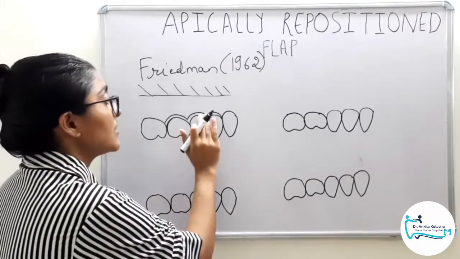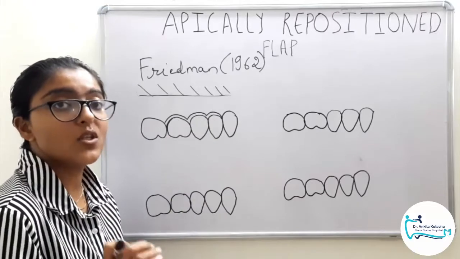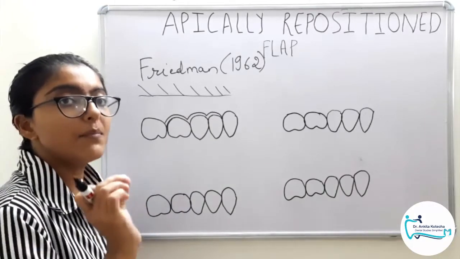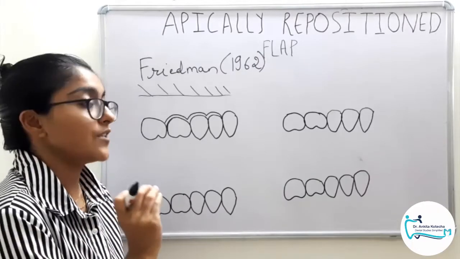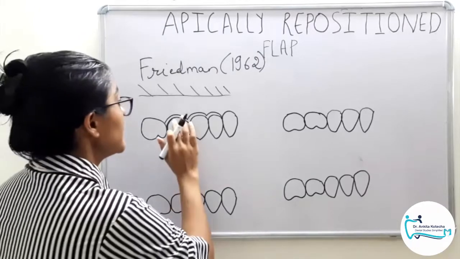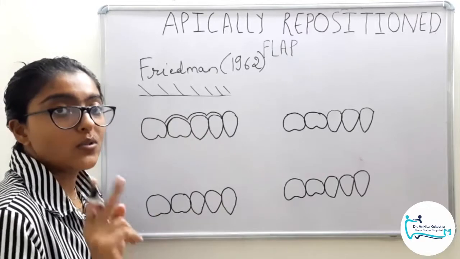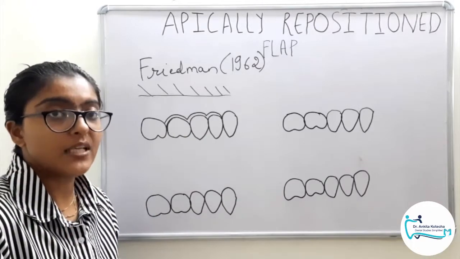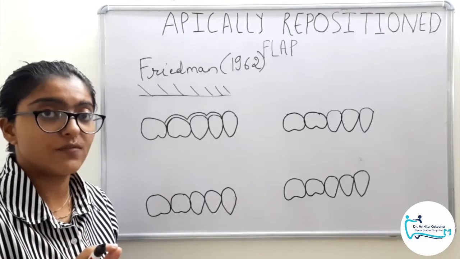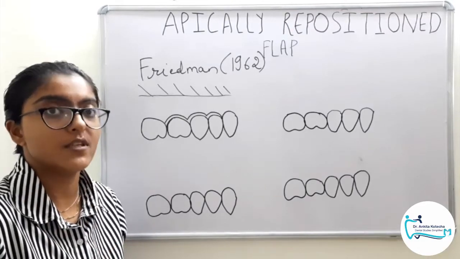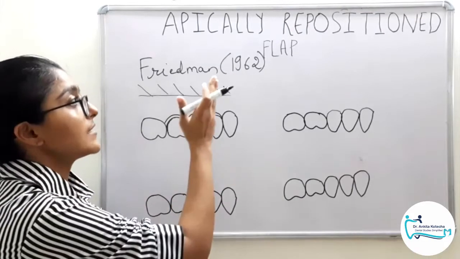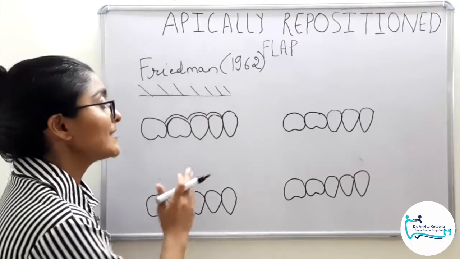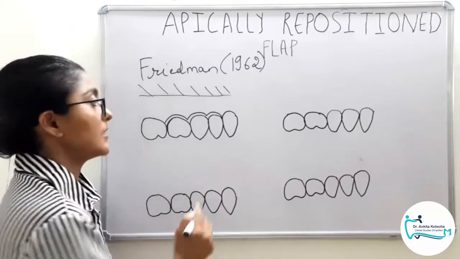That is why with our first incision, that is horizontal scalloped incision, which is submarginal internal bevel, minimum thickness of the gingiva has to be removed. So this is our first incision. Now the second point, please remember this point very thoroughly. Any flap technique which involves repositioning of gingiva will always have vertical incisions. So as the technique suggests, apically repositioned flap. So the next step will be vertical incisions.